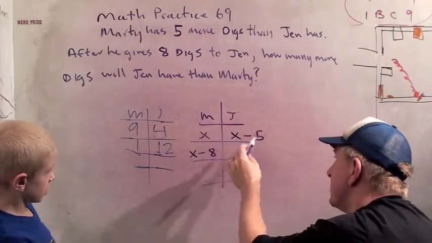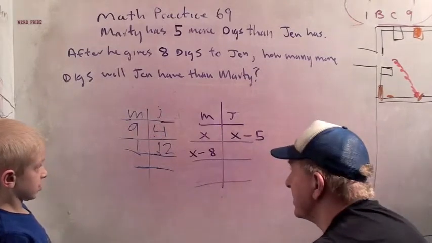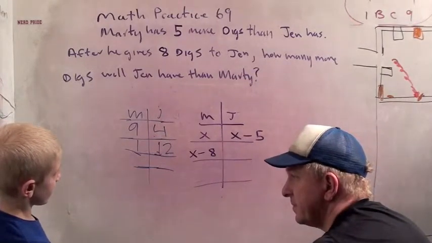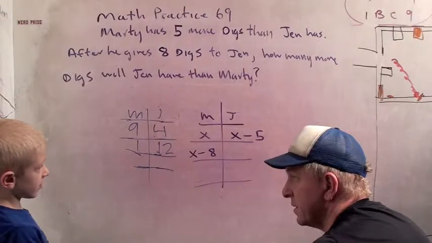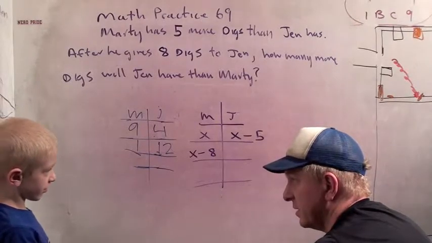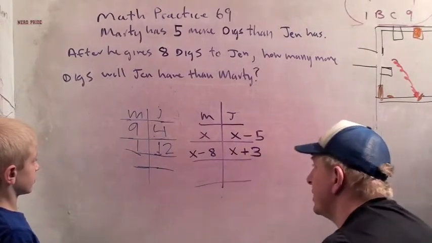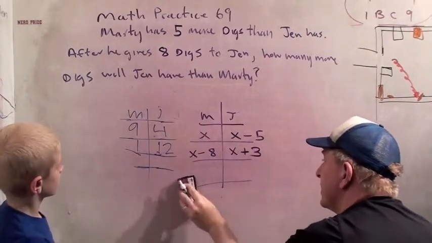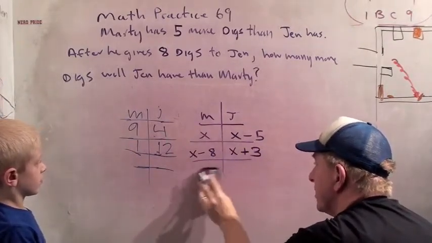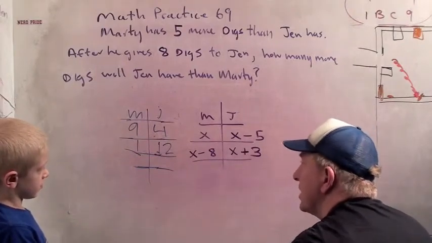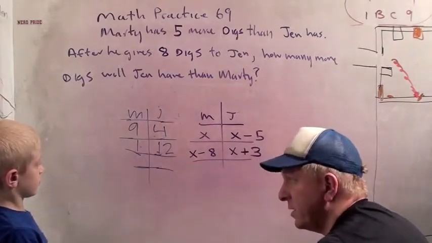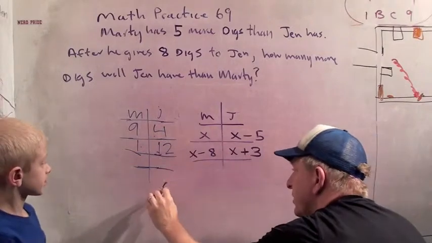So what is X minus 5 plus 8? Well, minus 5 plus 8 is 3. Very good. So this is X plus 3. So now we have to calculate the difference, the larger one. So remember to calculate how many more she had, we did 12 minus 1. So now we're going to do X plus 3